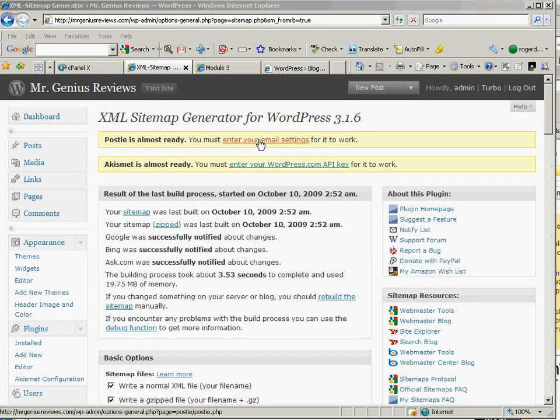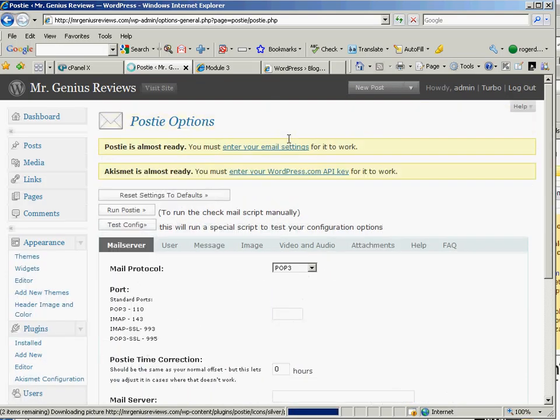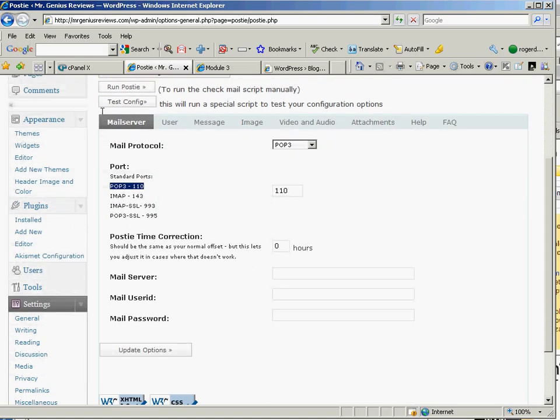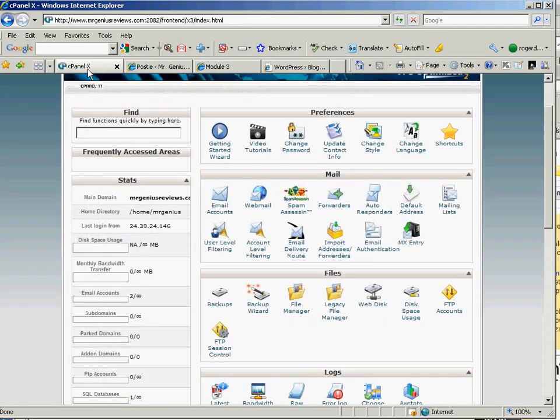So what we're going to do is enter our email settings here, and generally speaking this is fine. POP3, the port would be 110, because we're going to be using POP3, because that was the protocol on our email server. And for our mail server here, we're going to go back to this account, this cPanel,